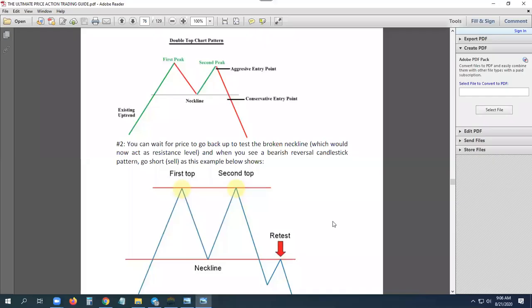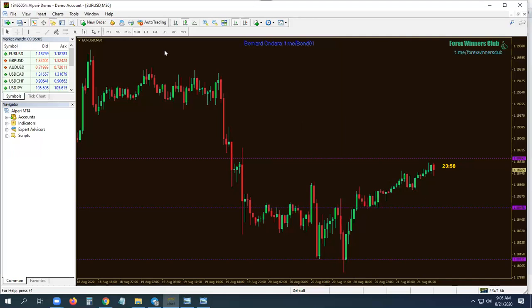Now remember, after the market has broken up from a zone, it can still come back. Like we have said, it's a double bottom, in the sense that we have bottom 1, we have bottom 2, we have our neckline here. So when the neckline is broken, it can break and you enter trade immediately, or you wait for a pullback.